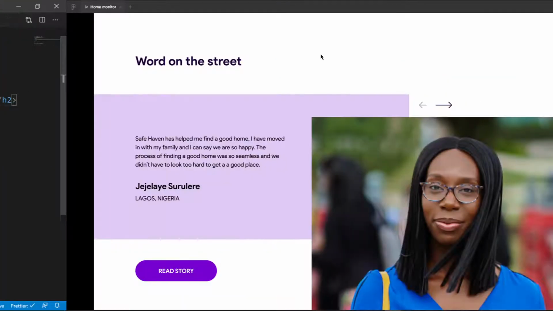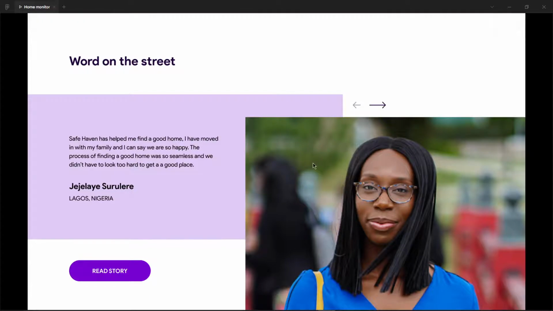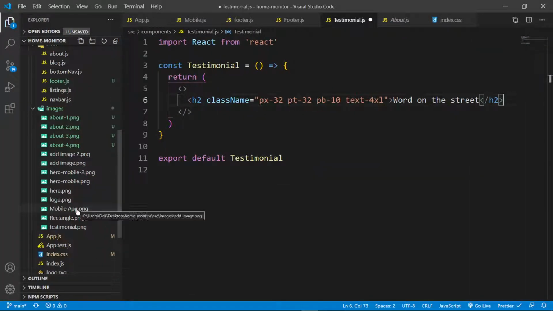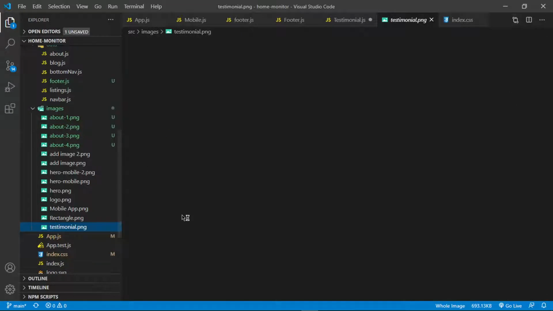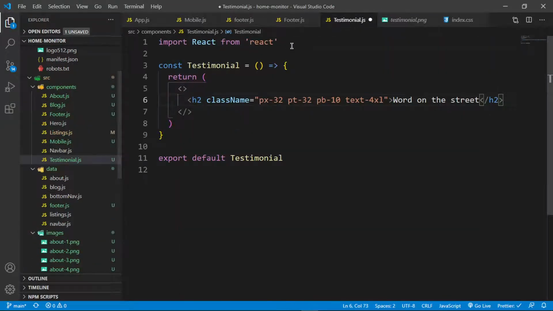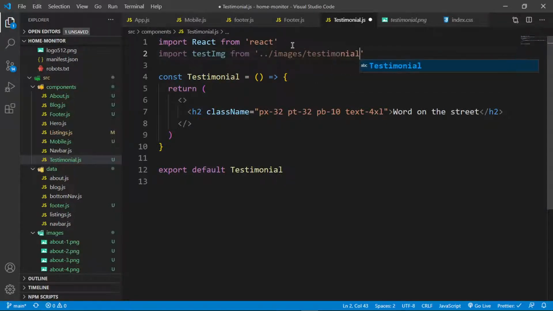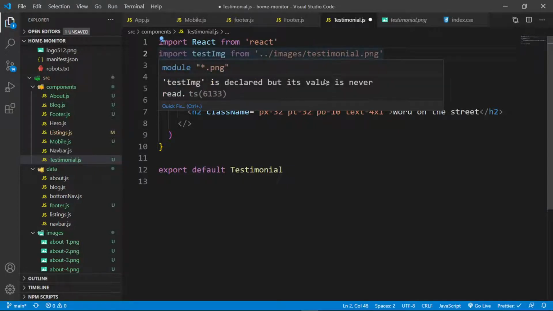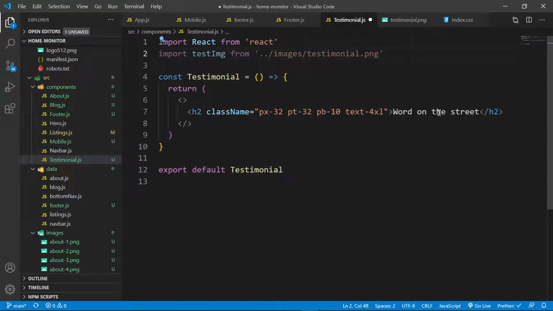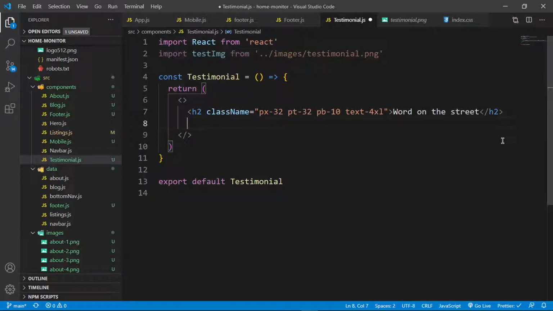And then remember that I need to import this image that we're going to use, and this image is called testimonial PNG, right? So I'm going to say import test image from images, and it's called testimonial.png. Okay, so once I do this, let me see, how do I want to structure this? I want to return a section, right? And then the first section,